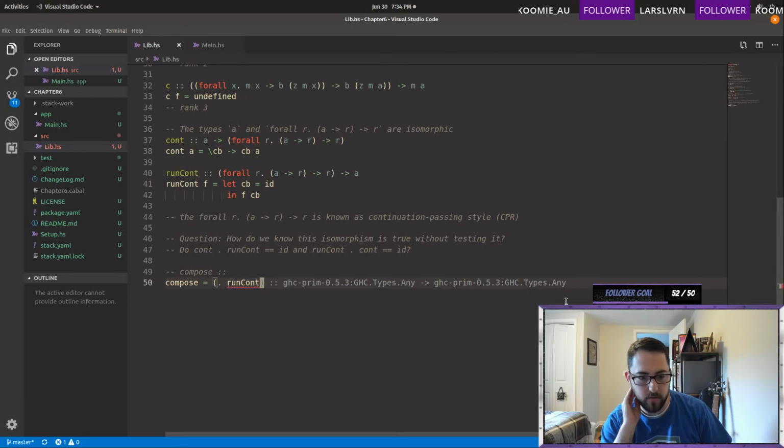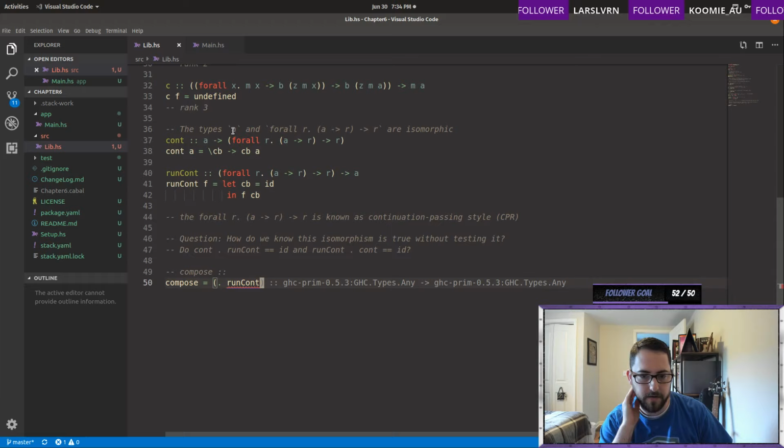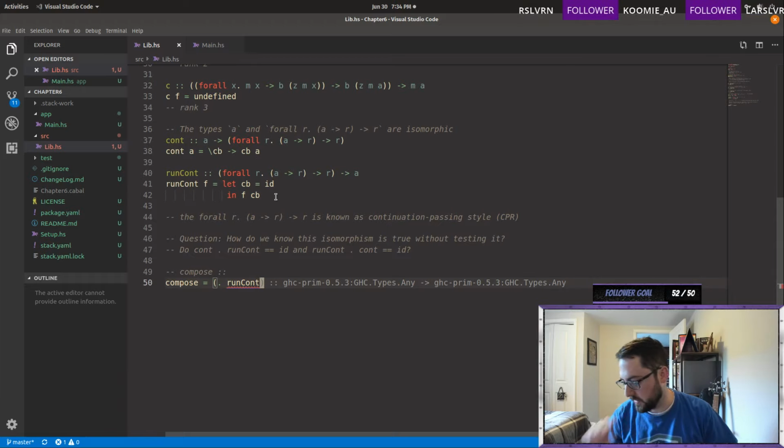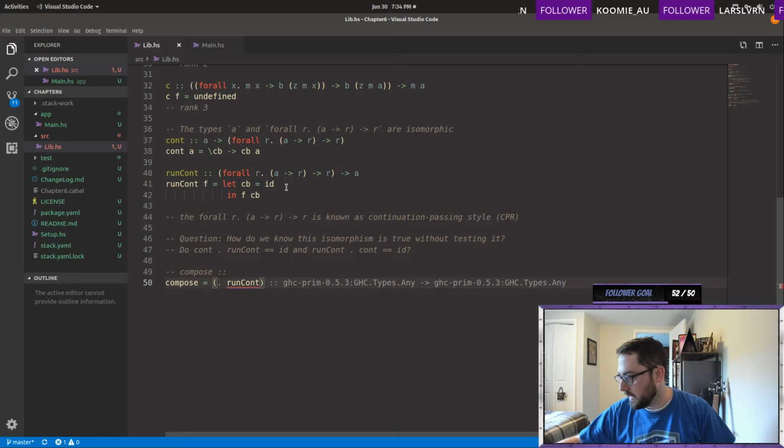What we were on last time was trying to figure out this continuation monad transformer. Or not transformer, my goodness. We're going to talk about transformers here in a second. But the isomorphism for this continuation monad. So, there we go. So what we're trying to do is basically prove that there is an isomorphism between A